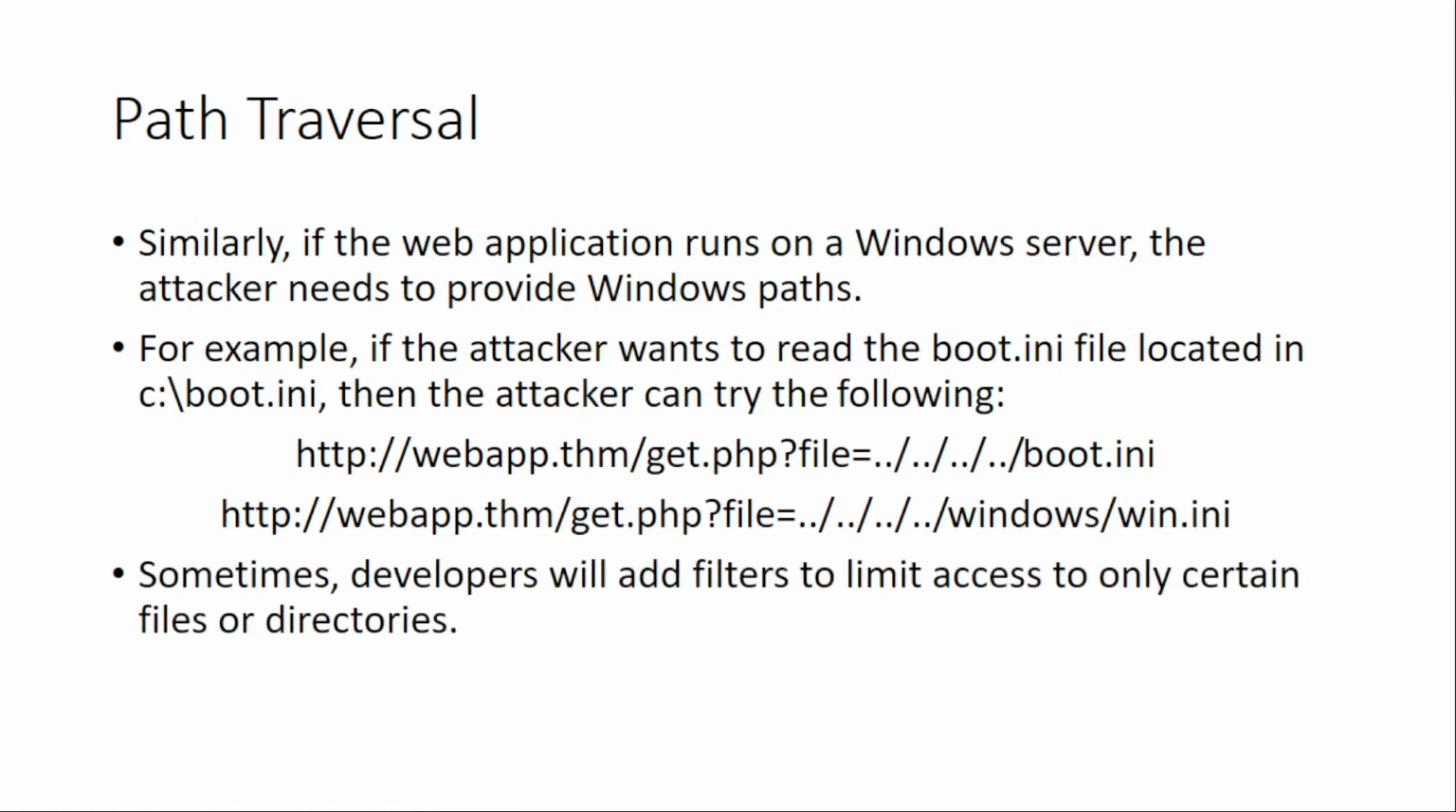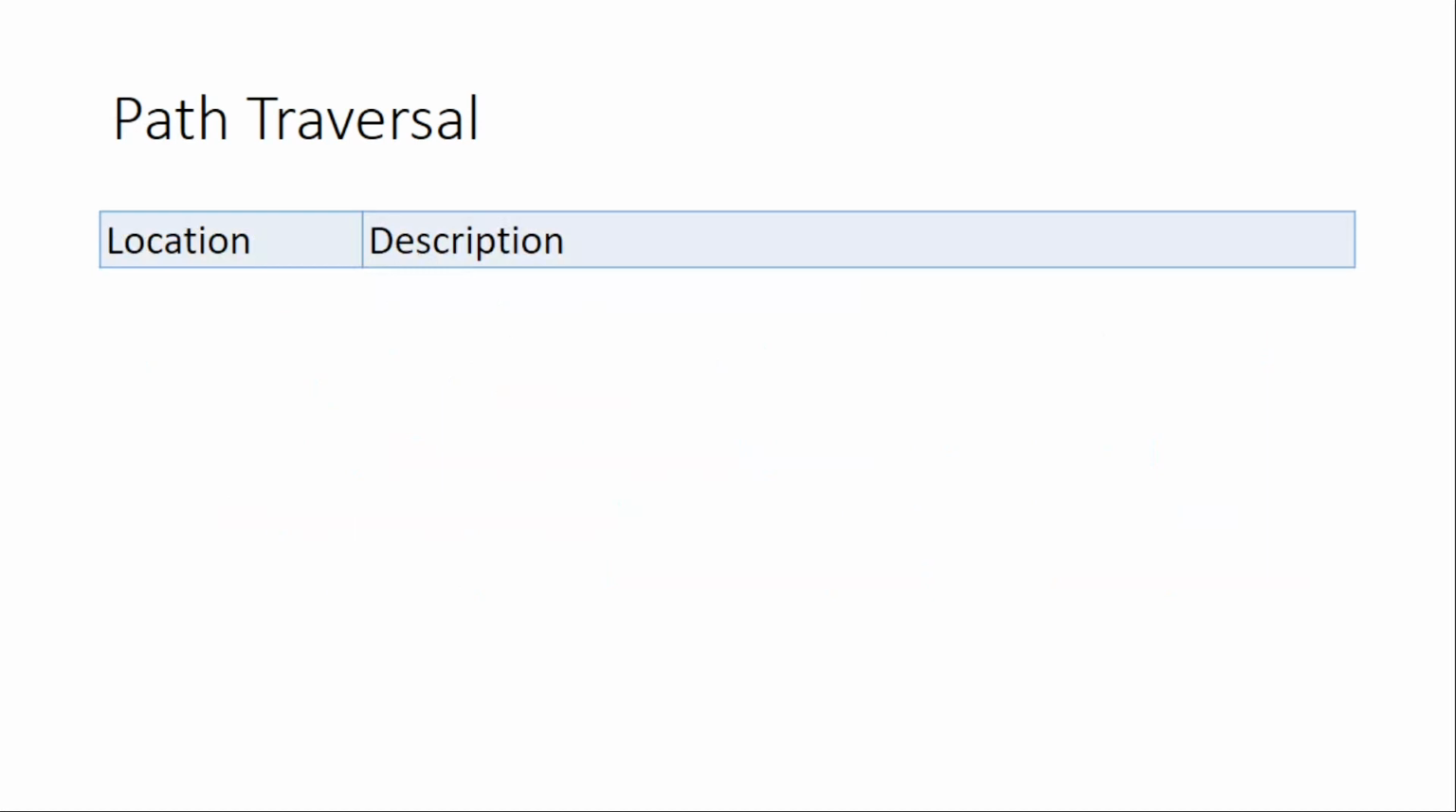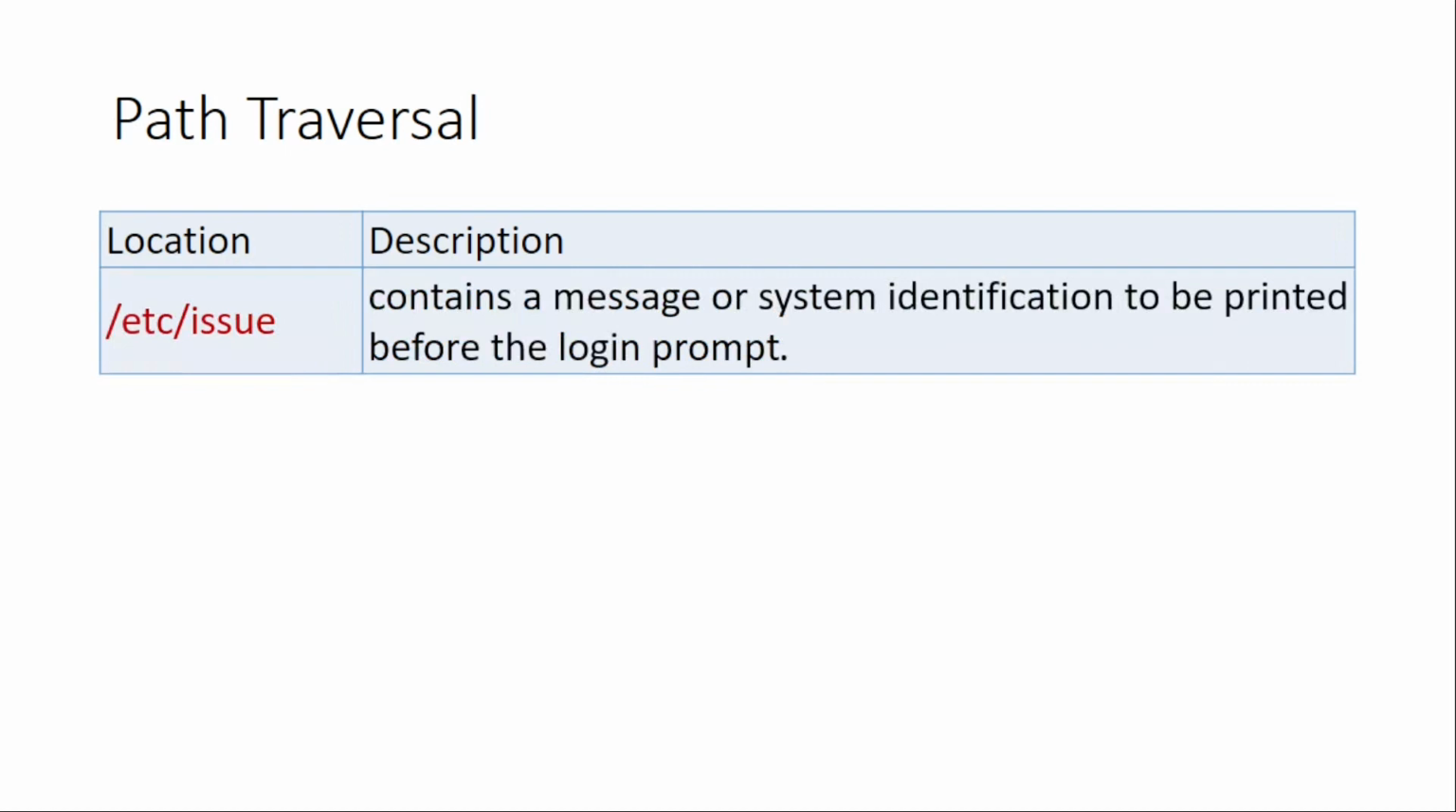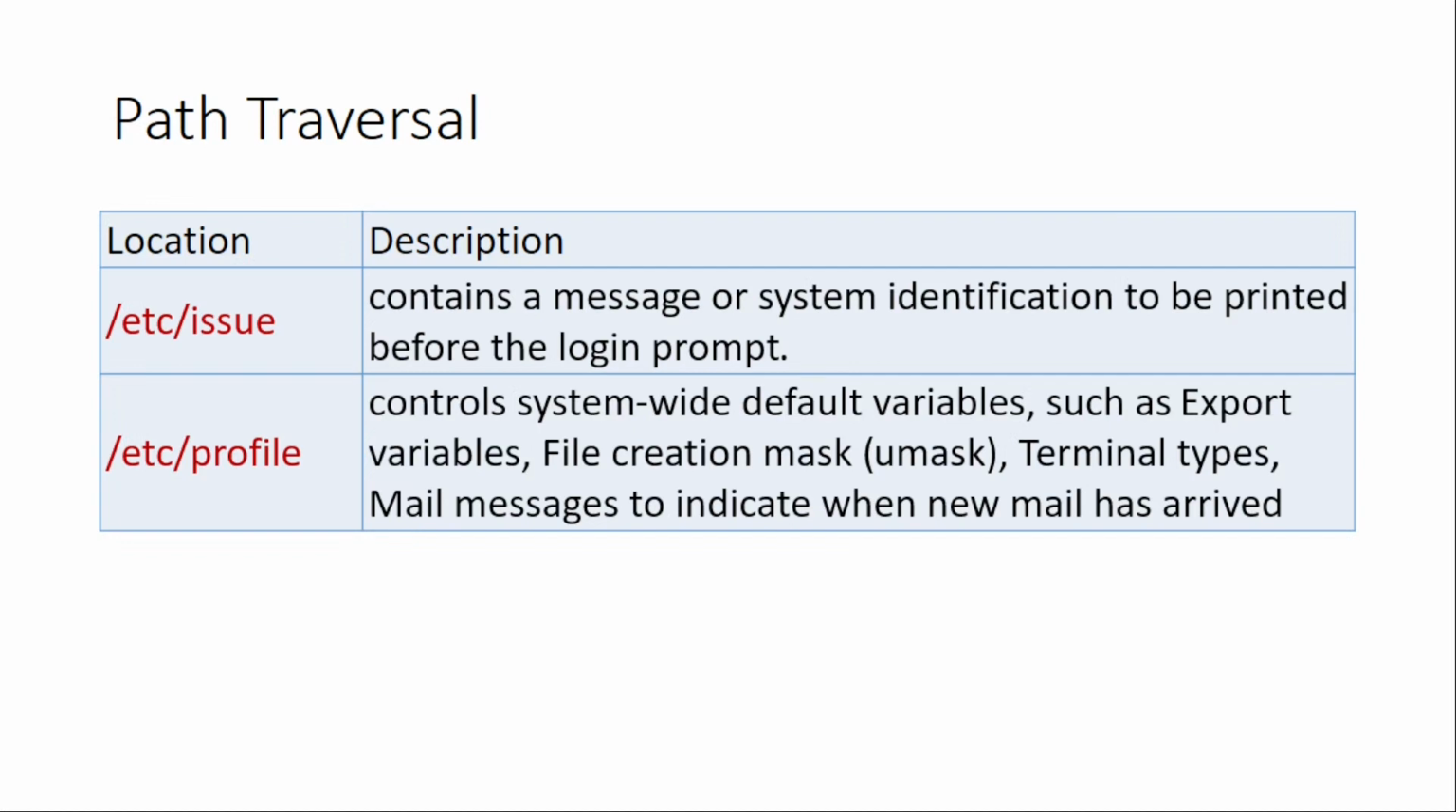And sometimes developers will add filters to limit access to only certain files or directories. So here we will look at some common OS files you could use when testing. /etc/issue, which contains a message of system identification to be printed before the login prompt, /etc/profile, which controls system-wide default variables such as export variables, file creation masks, terminal types, and mail messages to indicate when a new mail has arrived,